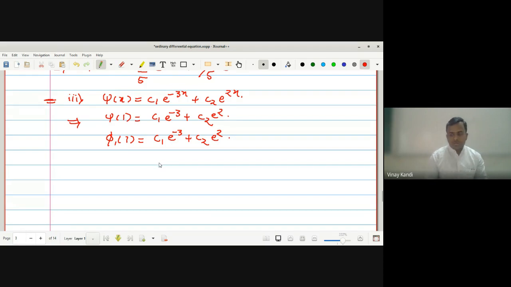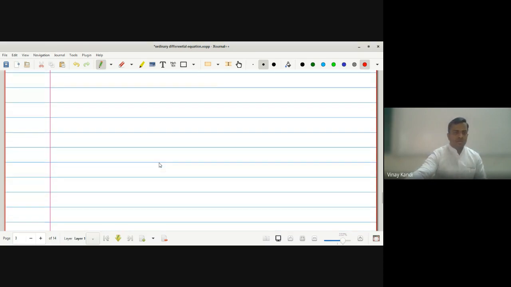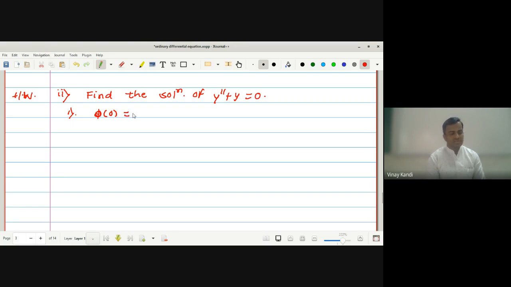Okay, now the next example is homework. Homework, second one. Find the solution of y double dash plus y is equal to 0. First one, which satisfies this condition: phi of 0 is equal to 1 and phi of pi by 2 is equal to 2. Second one,